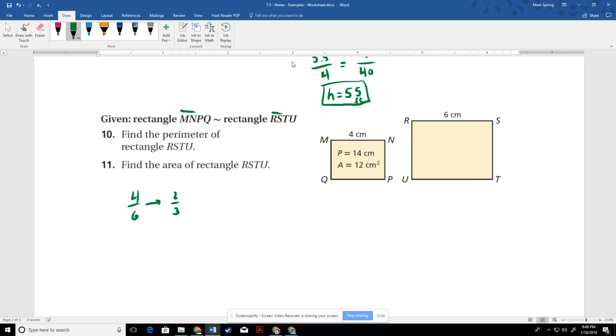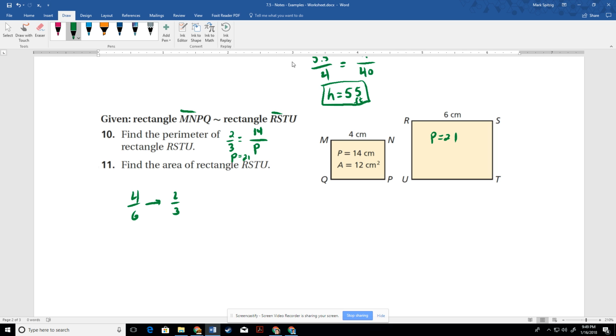So for number 10, I can find the perimeter of this one. Well, I know that the scale factor 2/3 is going to be the same as the perimeters. So the perimeter of the small one is 14, and I'm going to use that to find the perimeter of the large one, right? So I cross multiply, and basically we just divide 42 by 3. I did that at one point, 14. So the perimeter is, no, I did that wrong. Strike that, reverse it. All right, I divided by the wrong number, but it was divided by 2, which is 21. All right, so the perimeter of the larger one is 21,